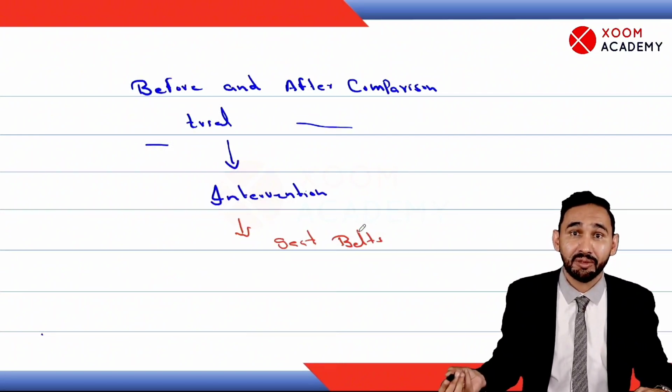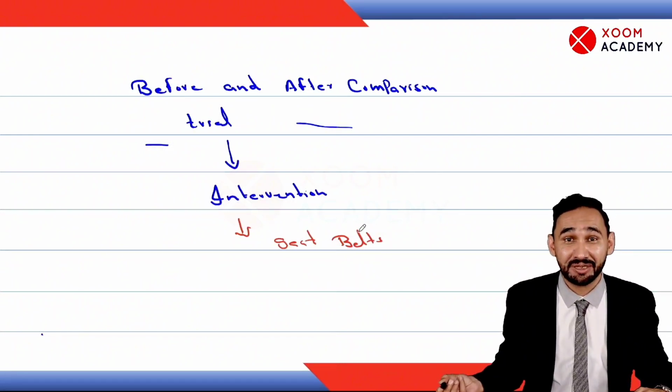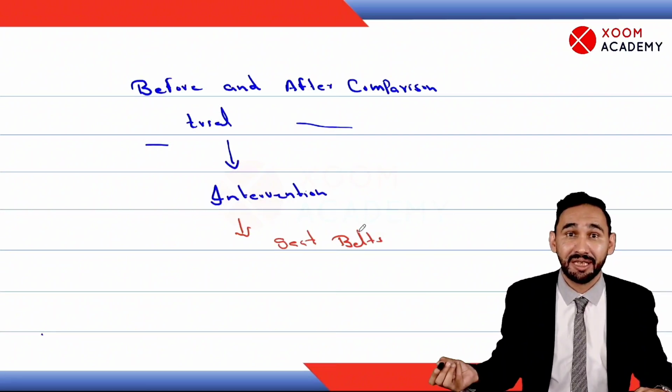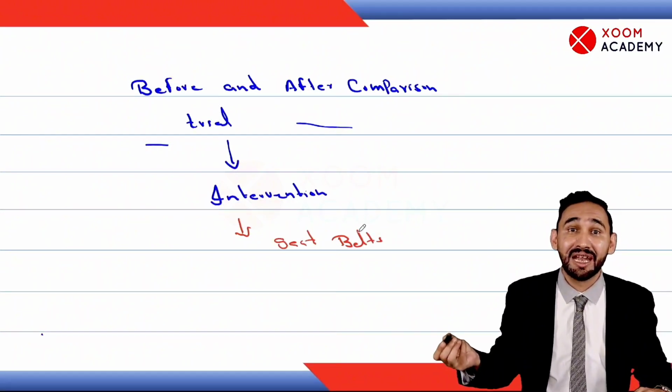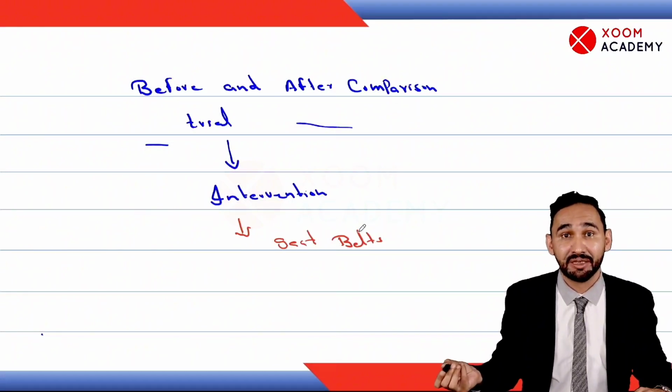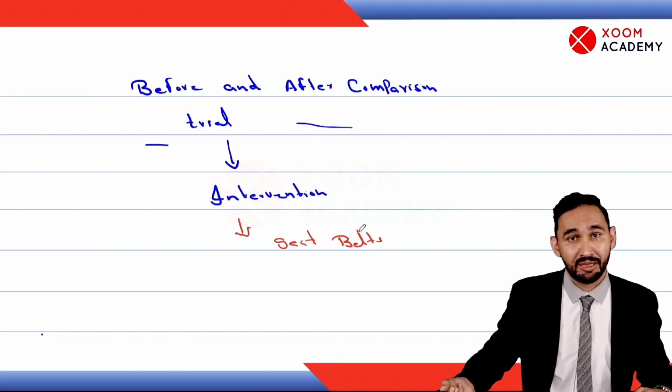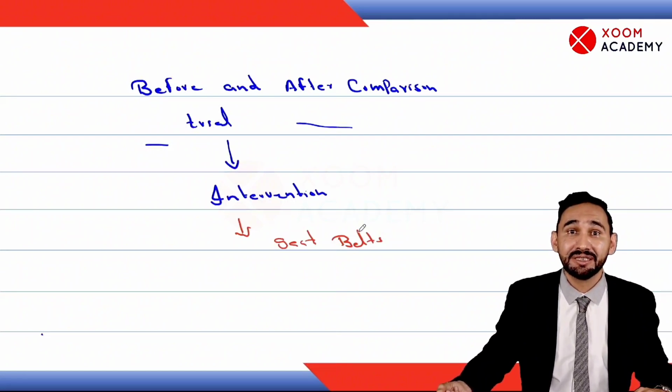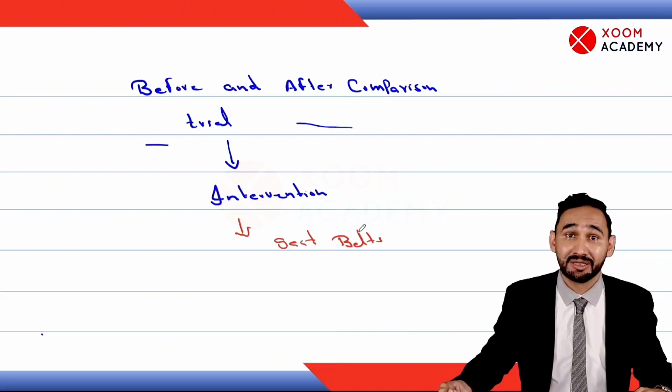Or motorcyclists don't use helmets. We have observed that severity of injury or head injury is more common in those who are not using helmets. So we'll do a legislation of helmets, and we will see whether after this legislation or intervention the severity of injury is reduced or not.